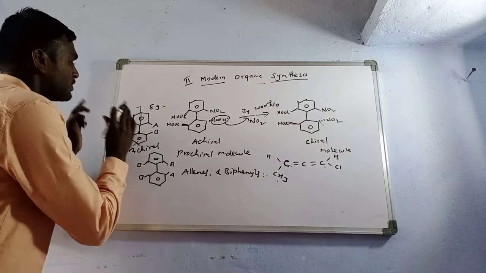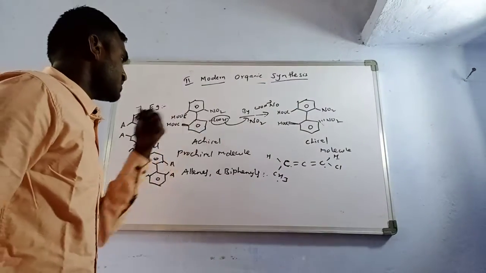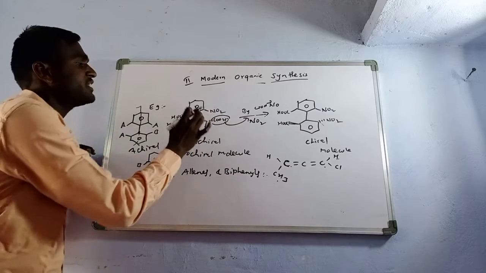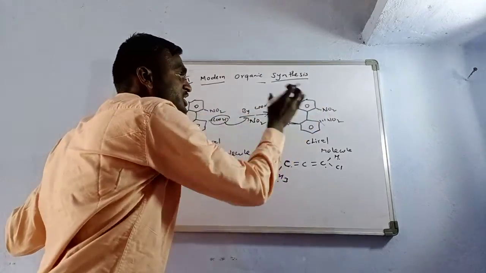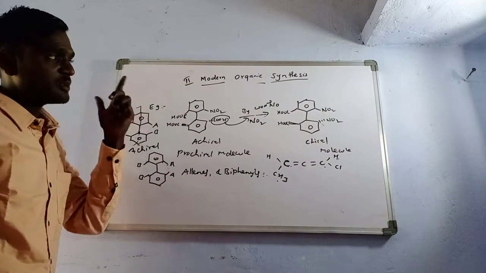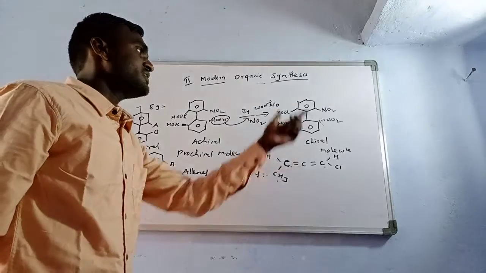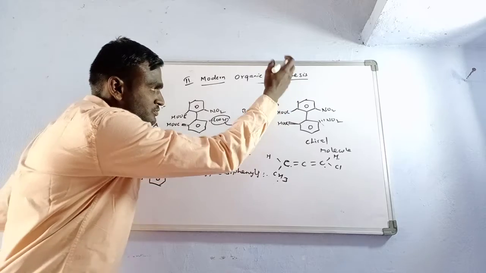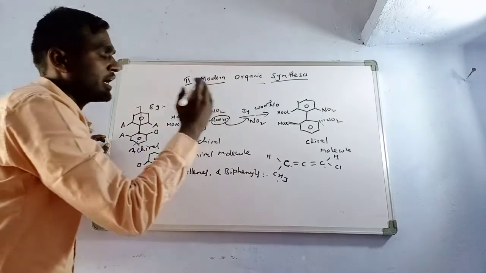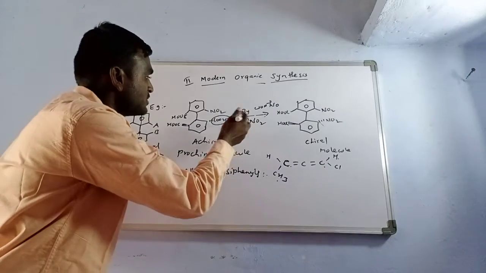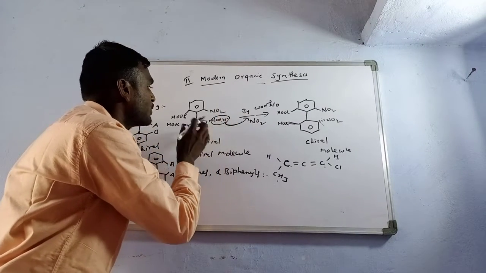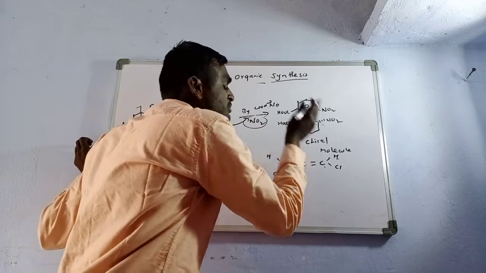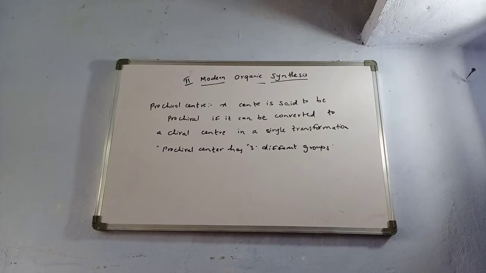Okay. You have to remember that only when the ring is present, these two substituents must be different in the different rings. Whenever the same substituent is present, then a plane is present. Due to the plane of symmetry, the molecule becomes achiral. So in order to convert the molecule from achiral to chiral, we can take the substituent in the lower ring, with COOH converted into NO2, and then only the molecule becomes chiral.